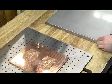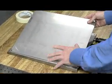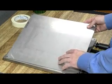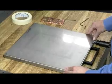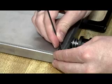Now we'll move over to our make-ready plate. There may be a number of different types of machines out there that have impression plates. There could be different thicknesses. So what you want to do is choose the right impression plate for your application. We'll tighten this down